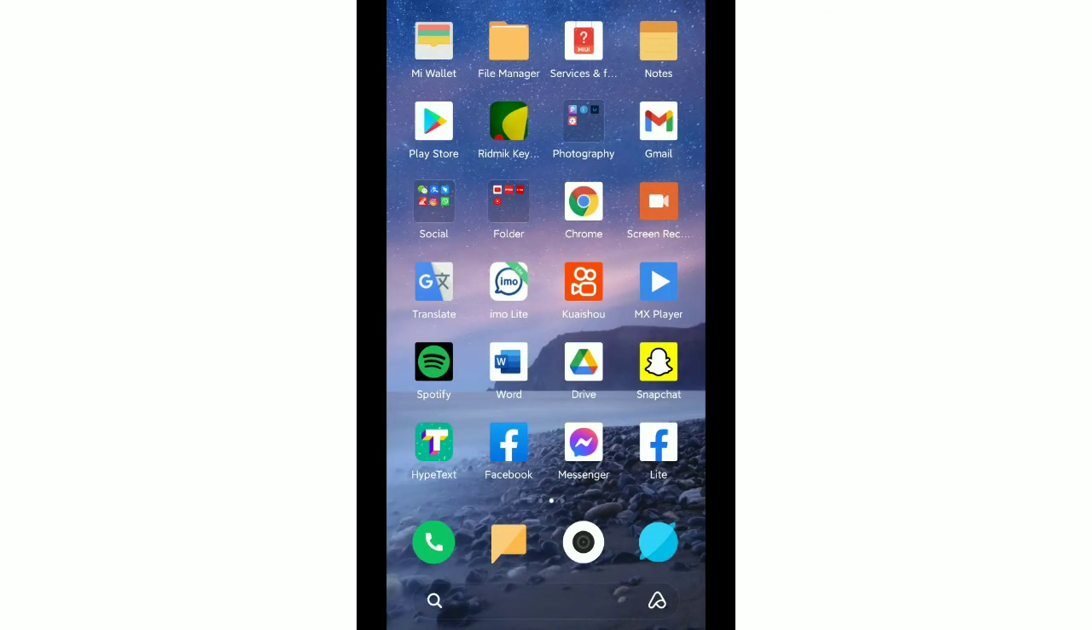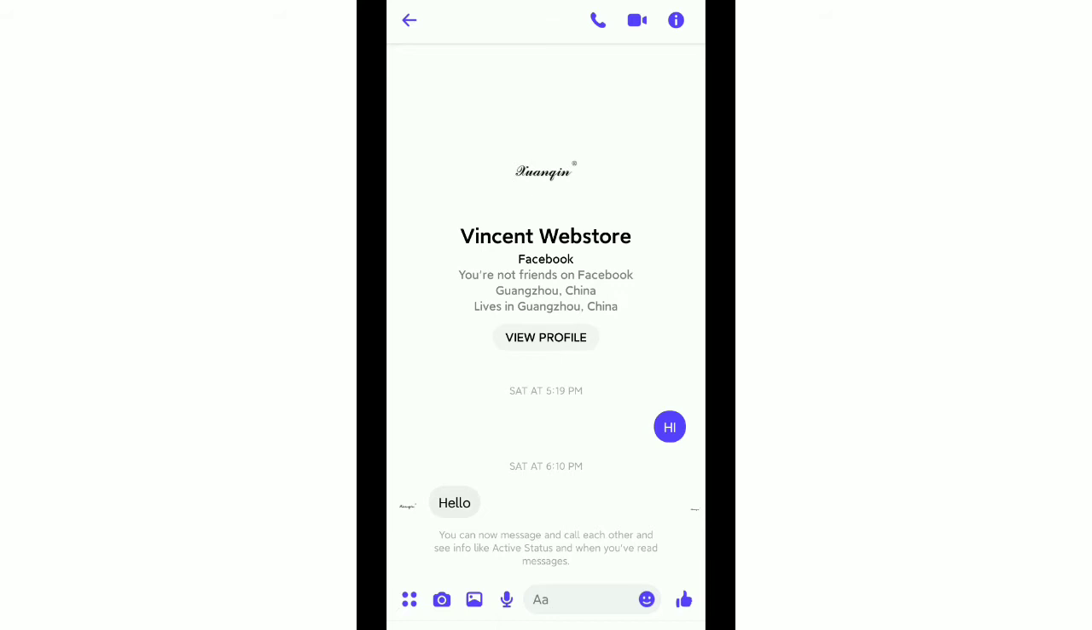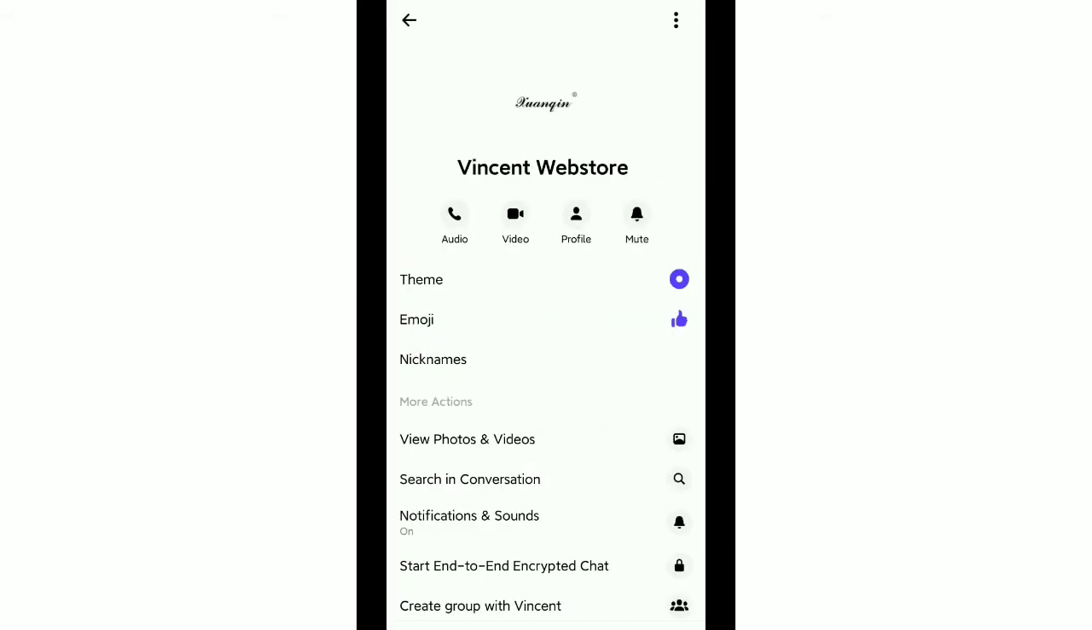So after you update your Messenger, open your Messenger, then open your inbox, then go to the top right corner, tap the I button, then go to the three dots. If you don't get the Messenger chat head option, so